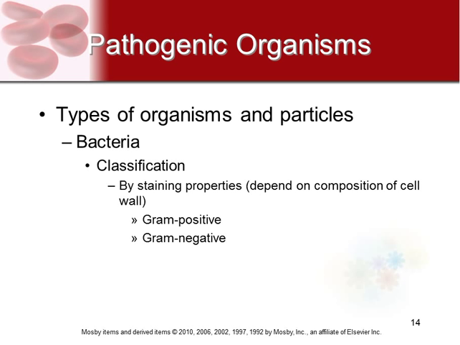And then they can also be classified by staining them. So if I take a blood sample from someone to try to see if they have sepsis, meaning that they have a bacteria in their blood, and I kind of lay out a film on a slide, I would actually put some dye on there. And then I would look to see if it was gram-positive or gram-negative. So that means, do they take the dye or do they not? It's just a different way of classifying them.